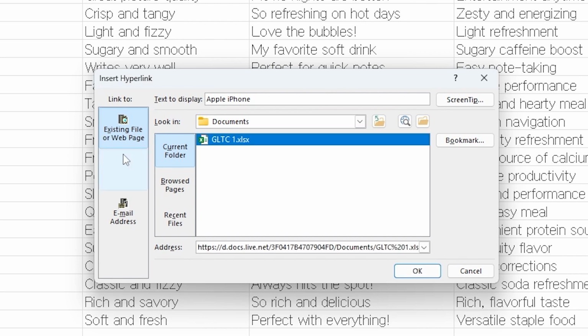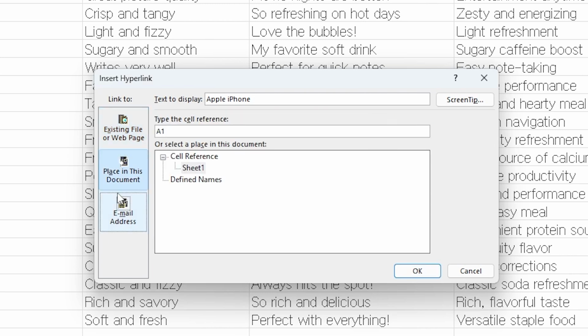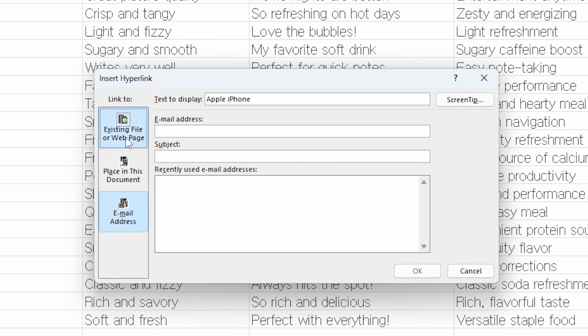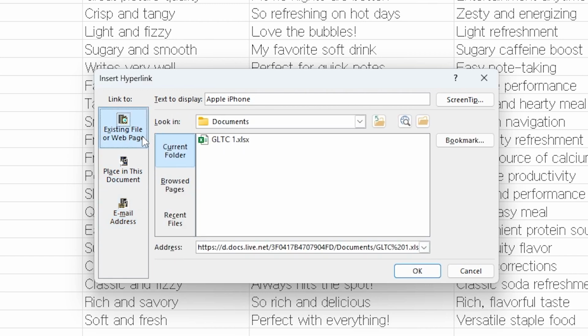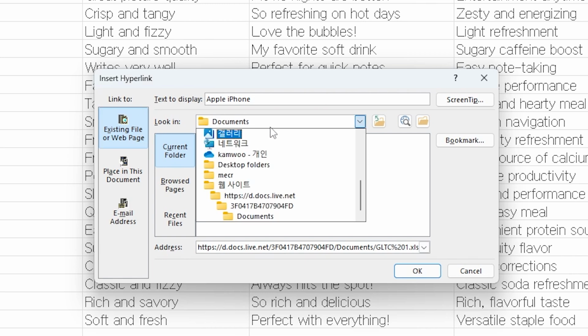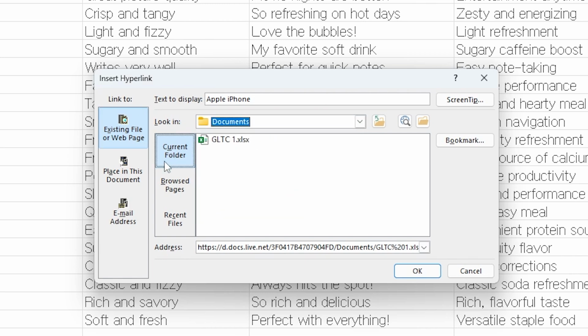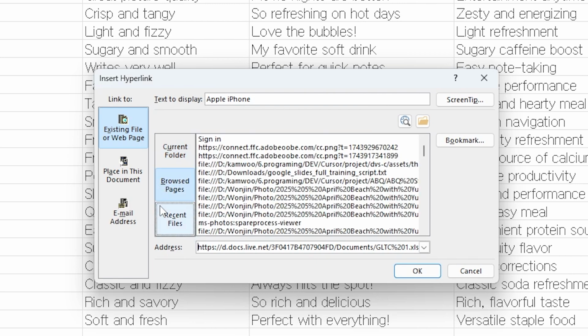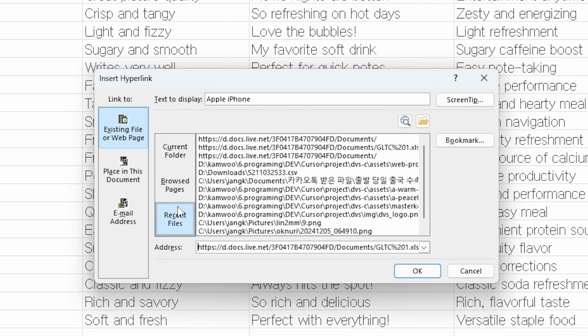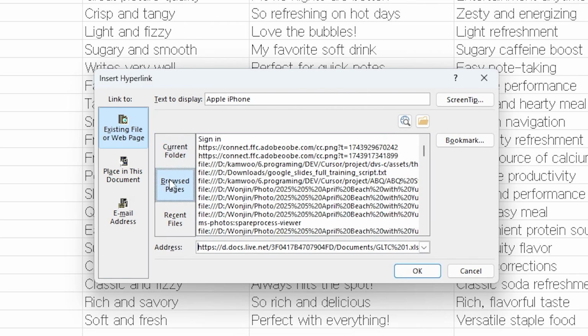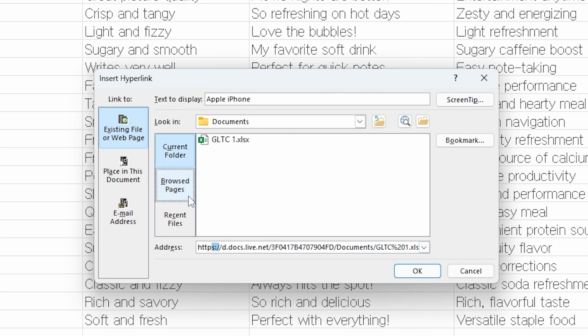And next is this link to option. If you want to link to existing file or web page, place in this document, or email address. I'll use existing file or web page because I want to link to web page. And you can choose where to look at. And there's also current folder, browsed pages, and recent files. You can choose between them, or you can enter the address by yourself, such as maybe